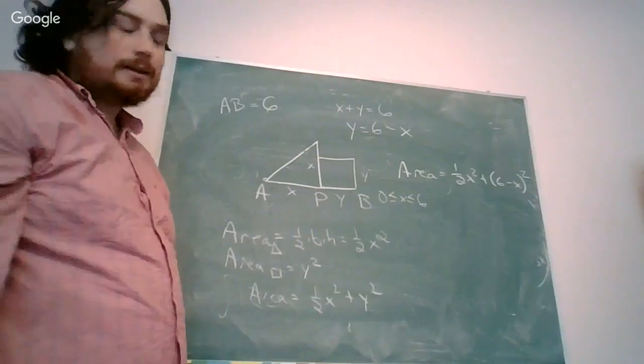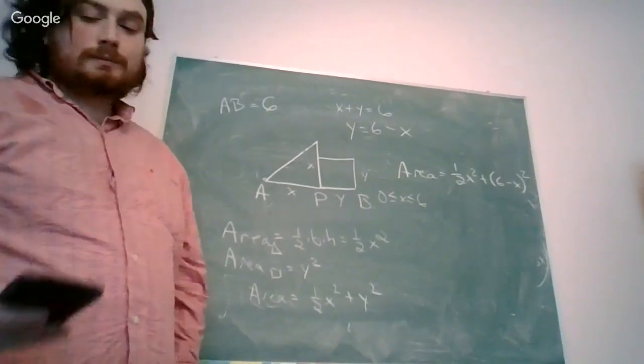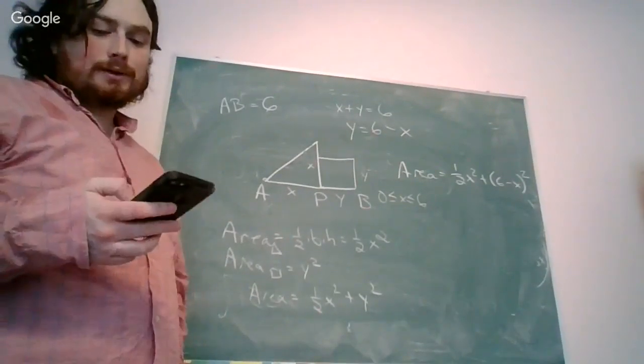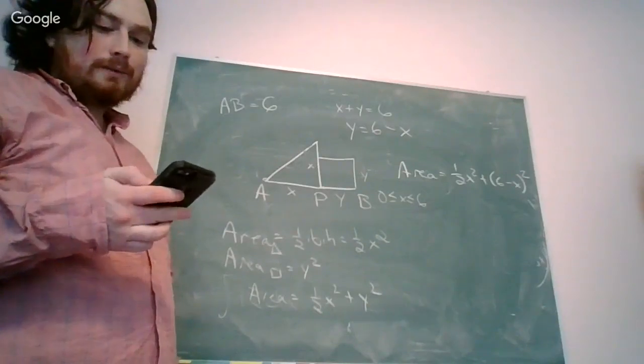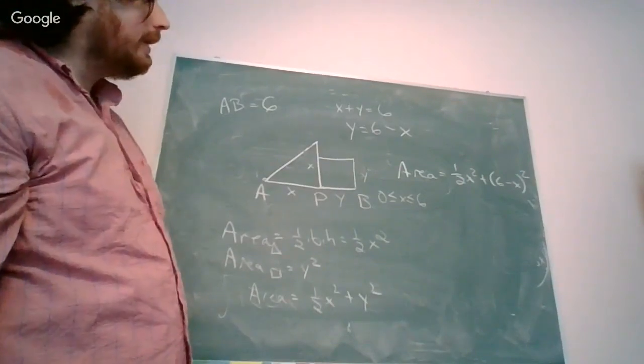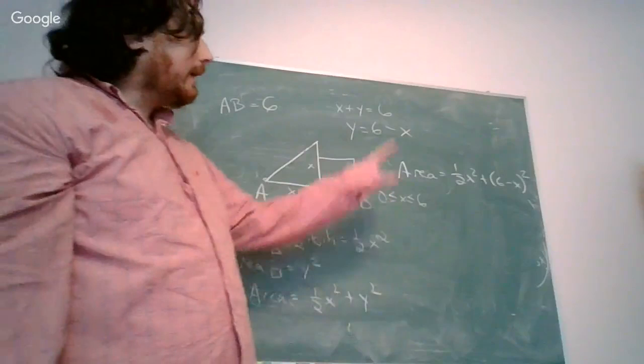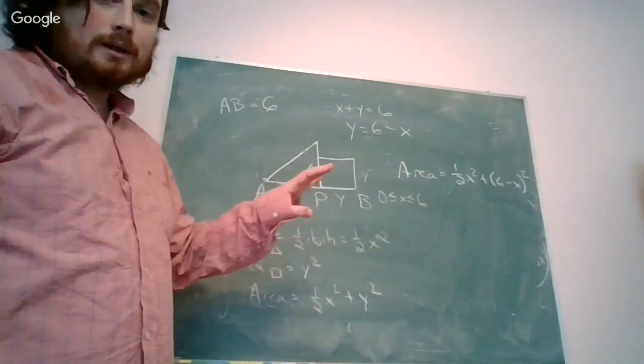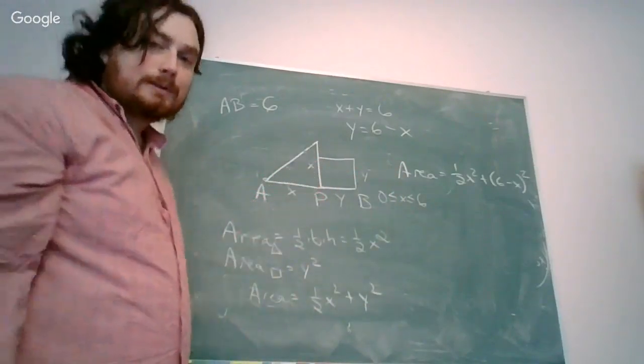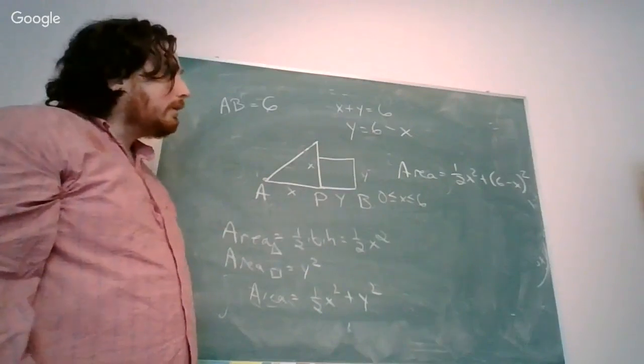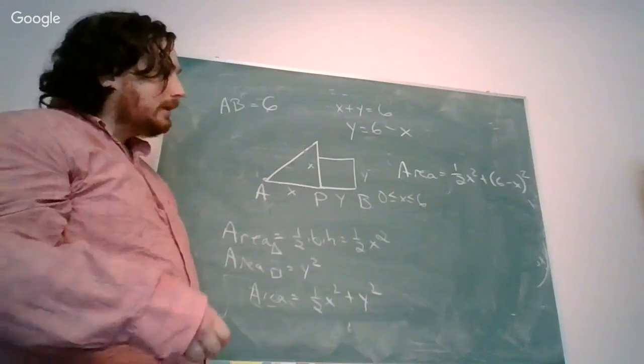Notice that this is a closed bounded interval, and that is a continuous function. So if we have a continuous function on a closed bounded interval, we have to have a max and we have to have a min, and they have to occur at the critical points. So what we have to do is find those, and the way we do that is we